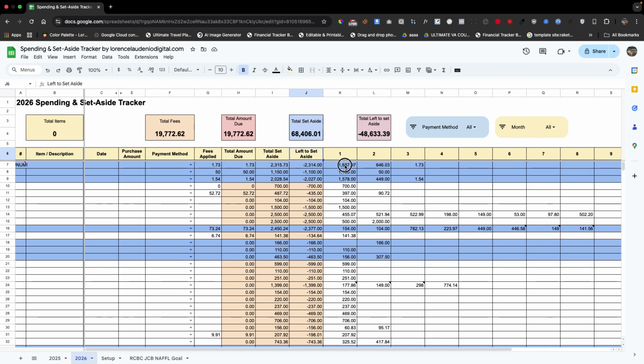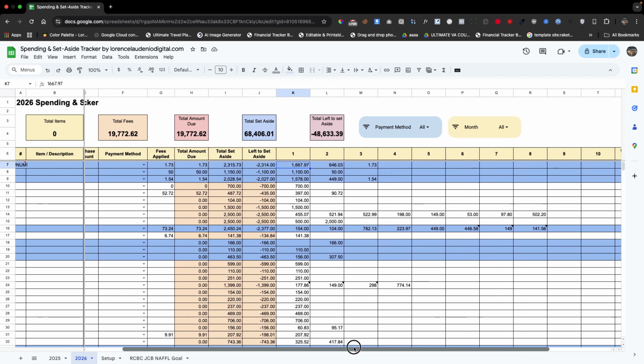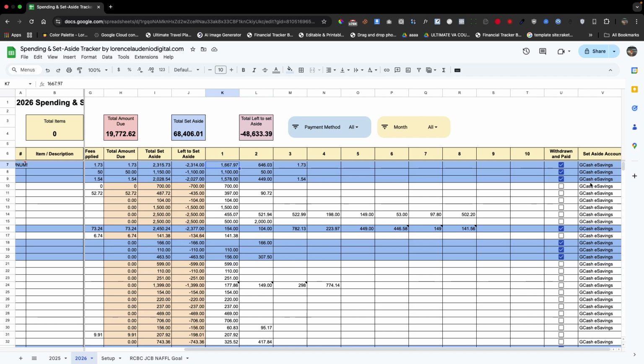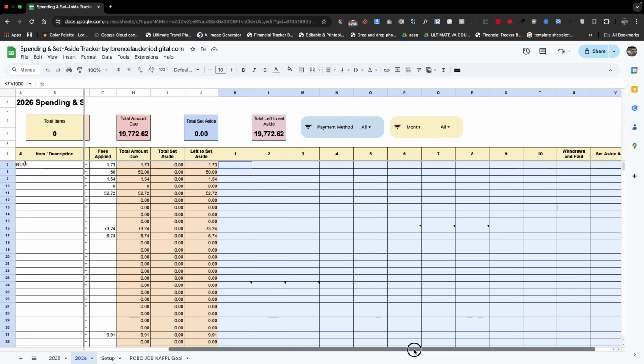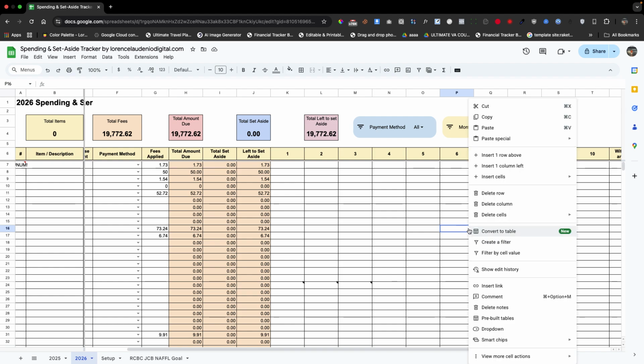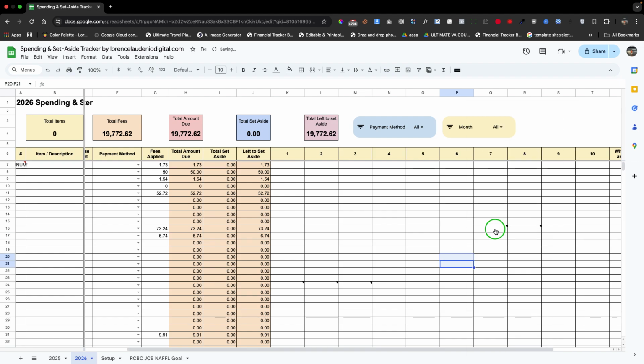So we're going to delete the first entry up to this set aside column. Again, press the shift key and then arrow right up to the set aside account, and then control, do not release that, and then press scroll down up to the last rows and then delete. Okay, so all the data is cleared. And then we're going to delete this one, the notes, like this.